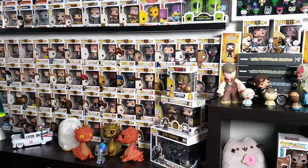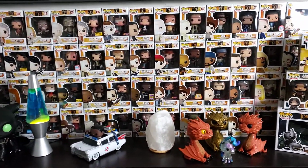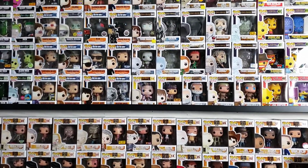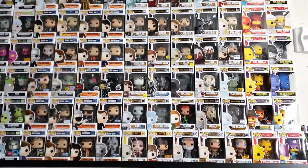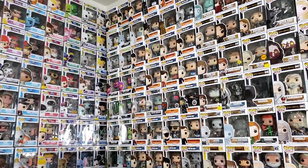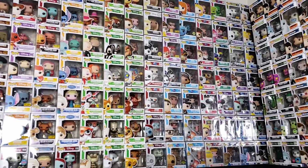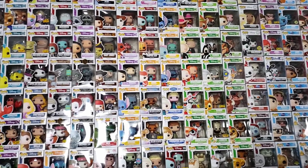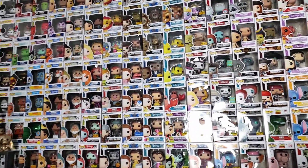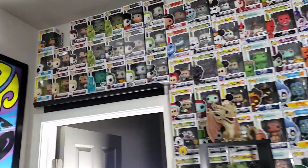So starting off, here is my entire Walking Dead collection. And don't fret, I know you see a lot of Lord of the Rings stuff right there. It's because my Lord of the Rings stuff, Rick and Morty, Doctor Who, and my Simpsons stuff is all right above it. Moving on from there is my entire Disney collection. My Disney collection took a massive hit and I pretty much got rid of anything that I didn't understand or wasn't a classic to me, and then it flows right on over the door with some of my favorite pops,